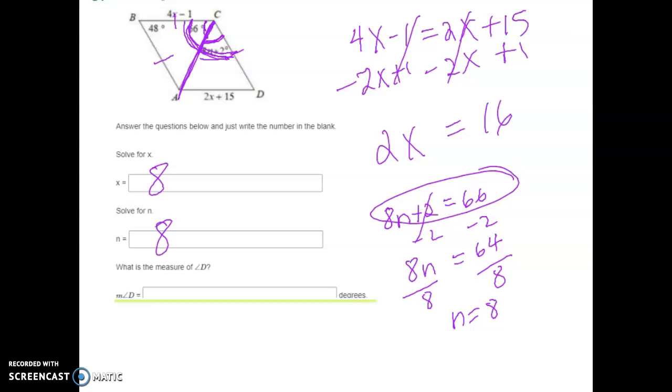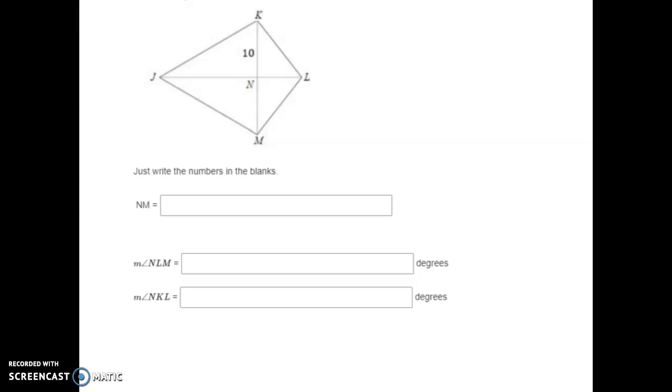All right, what's the measure of angle D? Okay, a rhombus is a parallelogram. Opposite angles are congruent. So if the measure of angle B is 48 degrees, that makes the measure of angle D also 48 degrees. And the last problem,